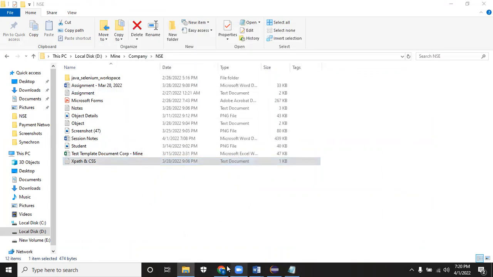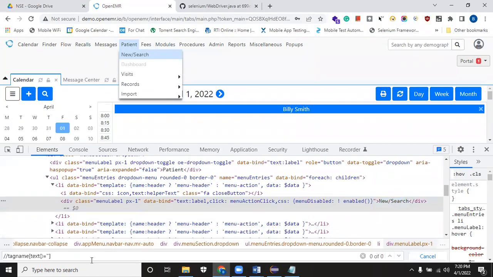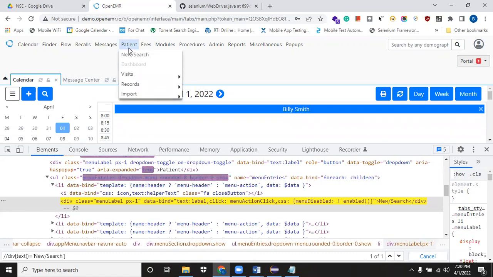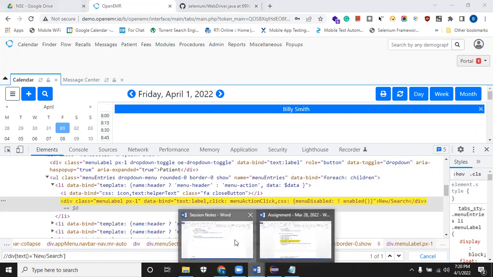Let's go over here. I'll just identify the element. You see the div tag, new search. The element is present right now. Let me click outside. You can see the element is present and it's not visible right now. If you see in the UI, it's not visible. It will become visible when you either click on patient or do a mouse over on the patient. Some pages deal with these kinds of scenarios. Now you see the element is present. Using Selenium, when you do a click,